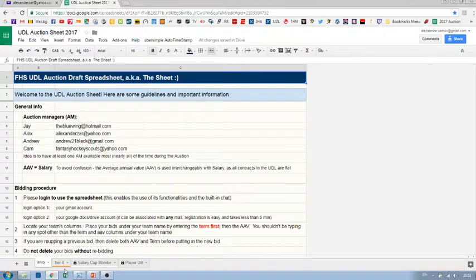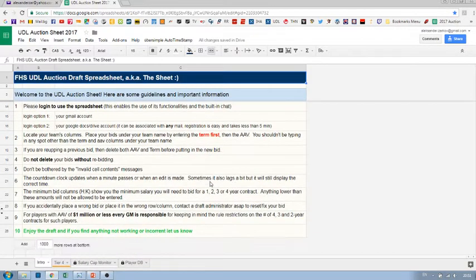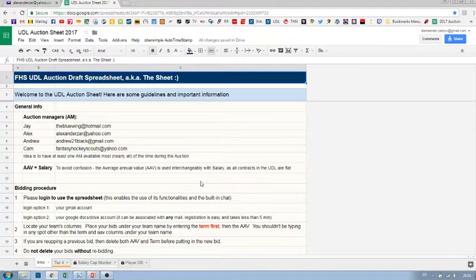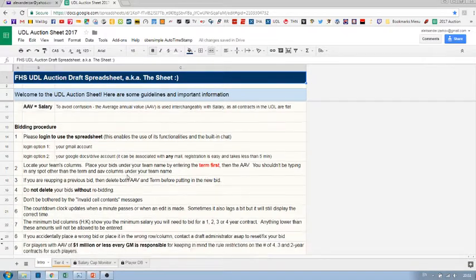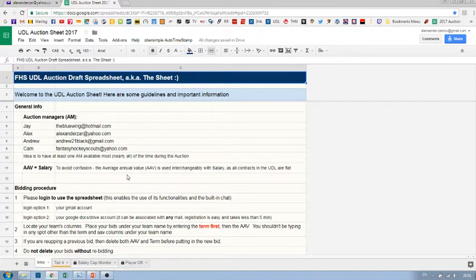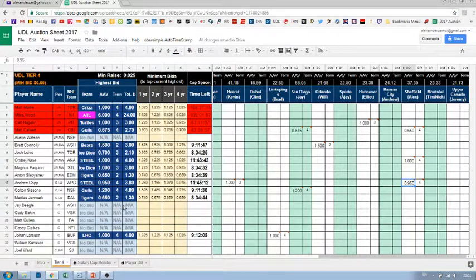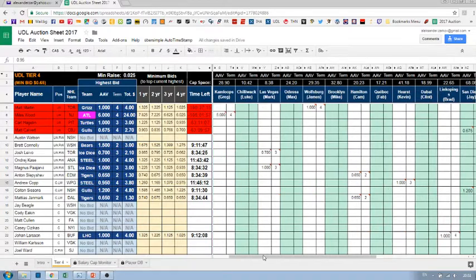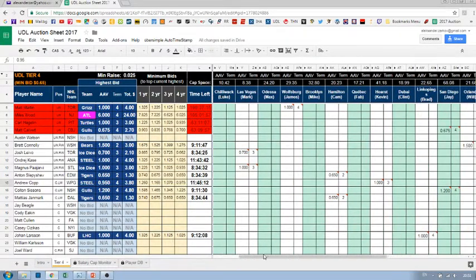So the sheet, you know, the intro tab, you can review it for yourself. It is updated to the latest procedure, so it's good to take time and read it through. So basically what I'm going to show you now, everything is written here too. So we go directly to one bidding tier, which is currently set up for tier 4, populated with some players, and also there are some bids already placed for the testing and